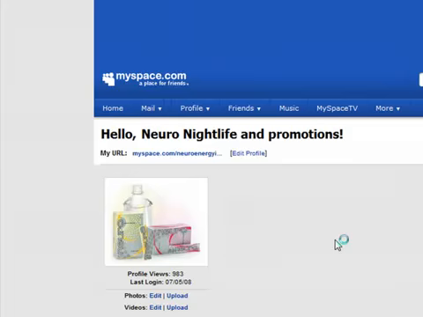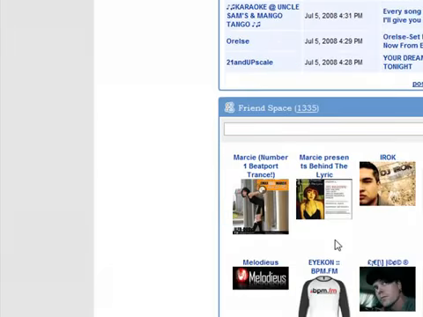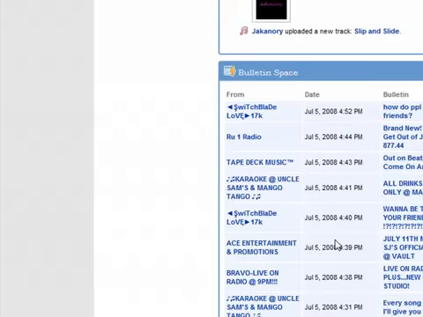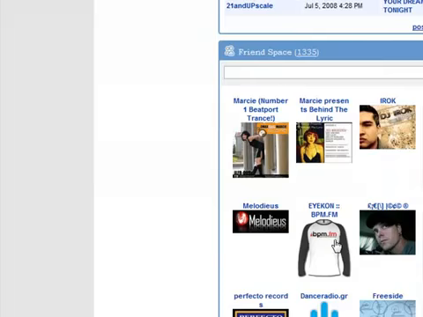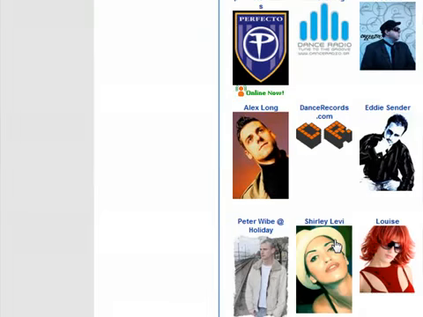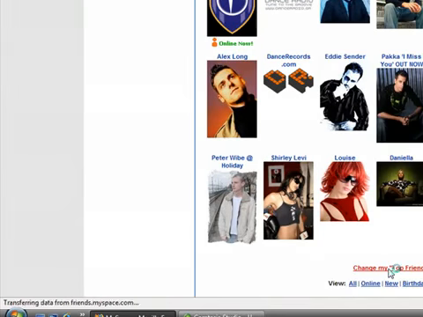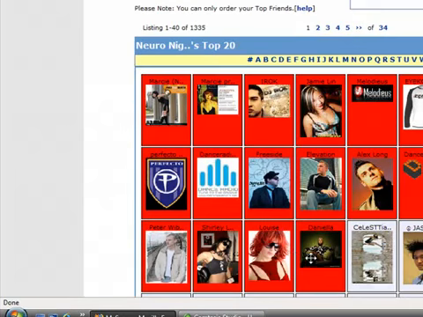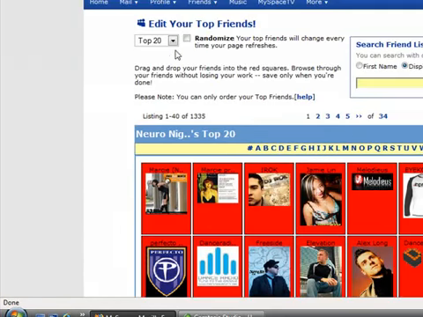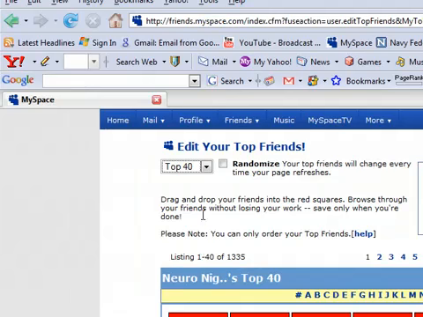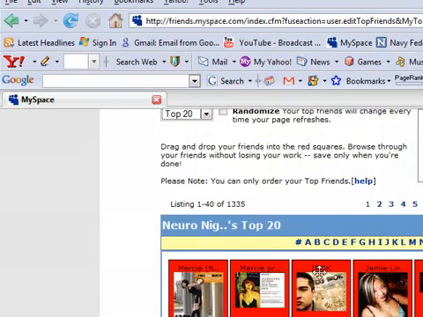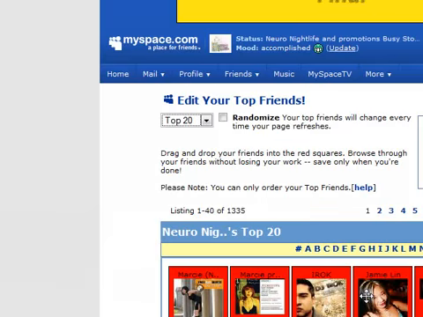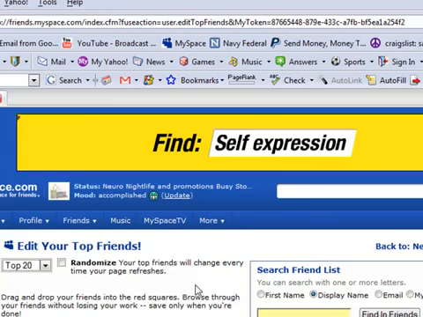Go back home, come down, here's your friend space. These are the people that are on the top, that will be showing up on your profile. If you want to rearrange them, you can. The ones that are highlighted in red, they drag around and move around, so you can put them in the order that you want to show. And MySpace lets you show up to the top 40. So you can do that, and what that means is just these profile faces are going to show up on your main profile,